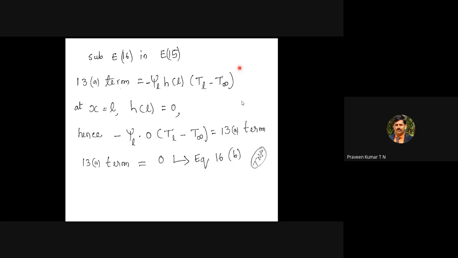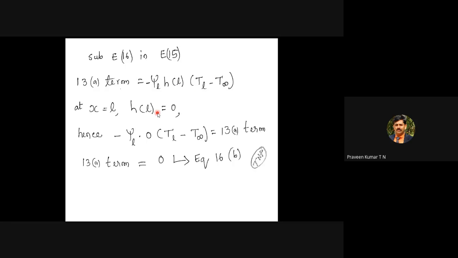So whatever amount of heat is conducted is transferred to the surrounding medium by convective heat transfer. Finally, we end with N of L equal to 1 into xi of L. So phi of L is equal to N of L into xi of L, and N of L is equal to 1. Finally, phi of L is equal to xi of L. This phi of L is replaced by xi of L in the next equation. Same thing here: originally we have phi of L, and the phi of L is replaced by xi of L. This is the convective heat transfer coefficient.